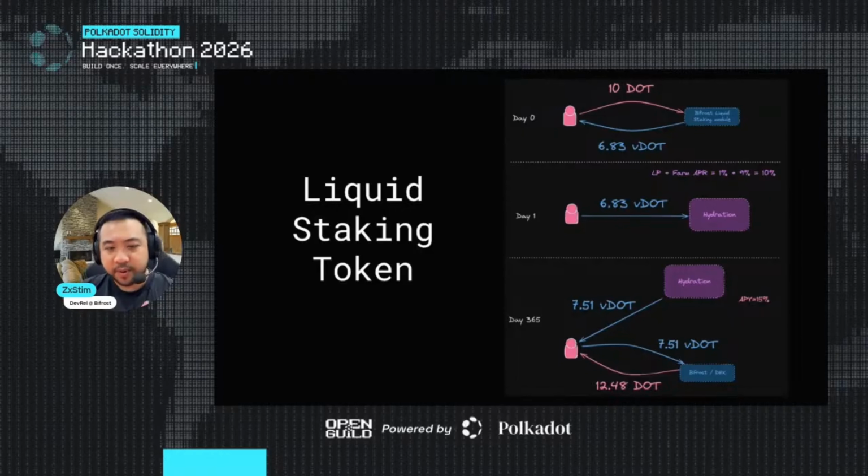You get way more than you would have gotten if you were just doing the 10 DOT at the end. So you got way more. The effective APY that you would get is about 15%. So you're getting a much better deal compared to just sticking with a nomination pool. It's because it's essentially a form of leverage. You're locking it in,